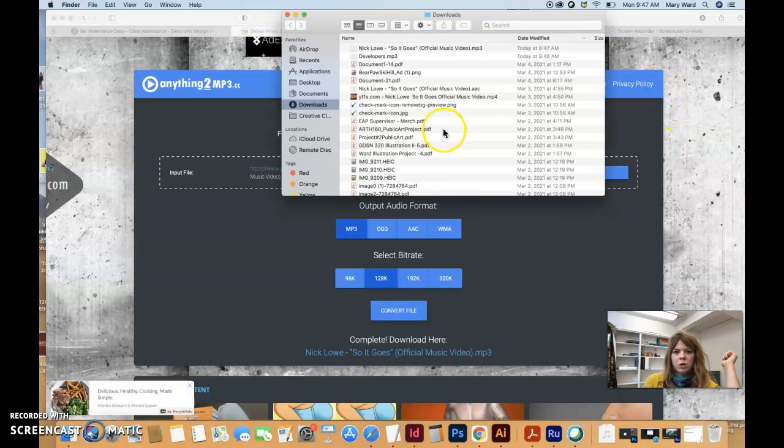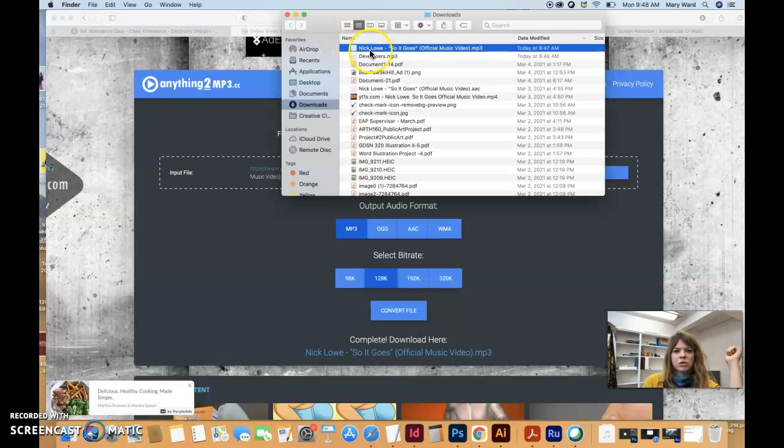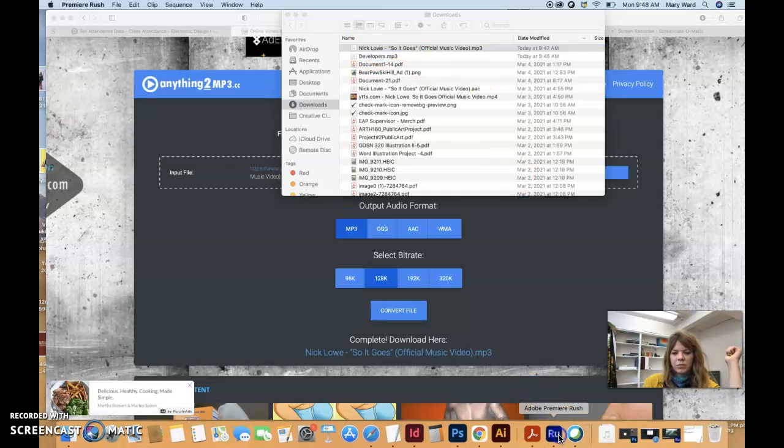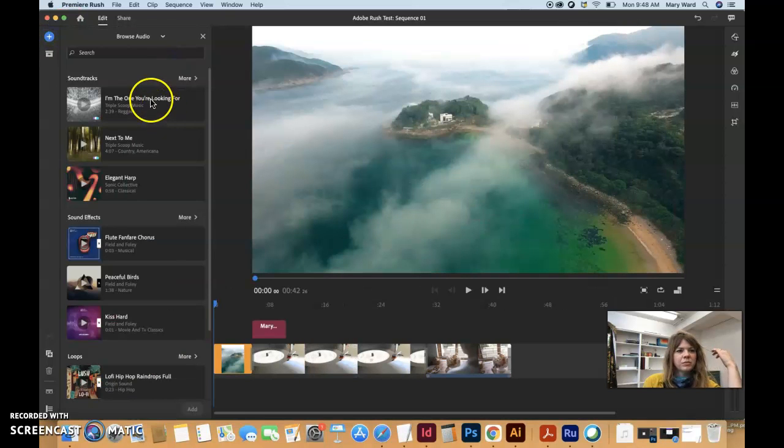So we can open up that downloads folder, and here's that MP3 file. And it'll open it up in iTunes. But you can export that into your Rush pretty easily. You know, you add media here, audio, and then we can actually go to, let's see,